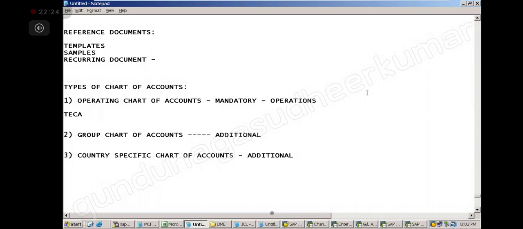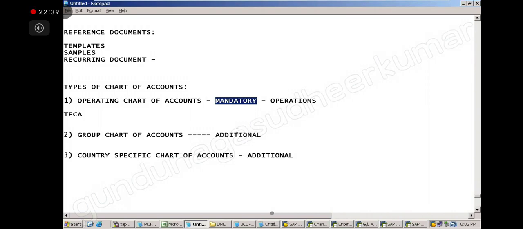To post the books of accounts, we need the operating chart. It is mandatory. Without this, we cannot do the accounts. That's why it is mandatory, compulsory.